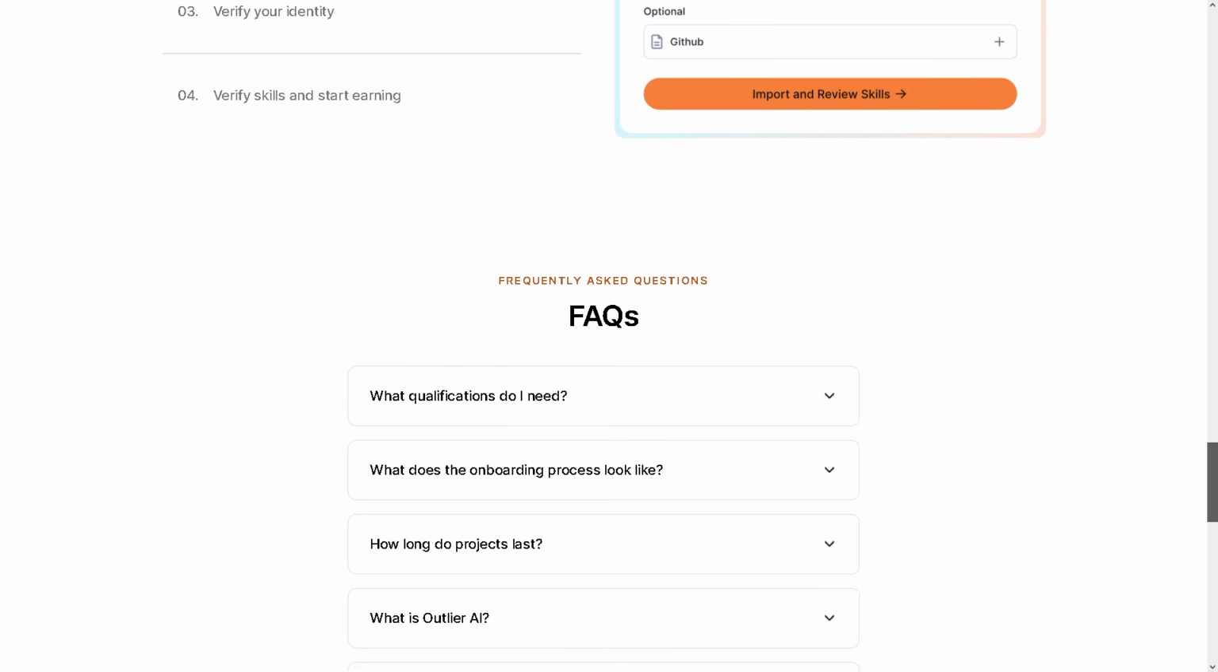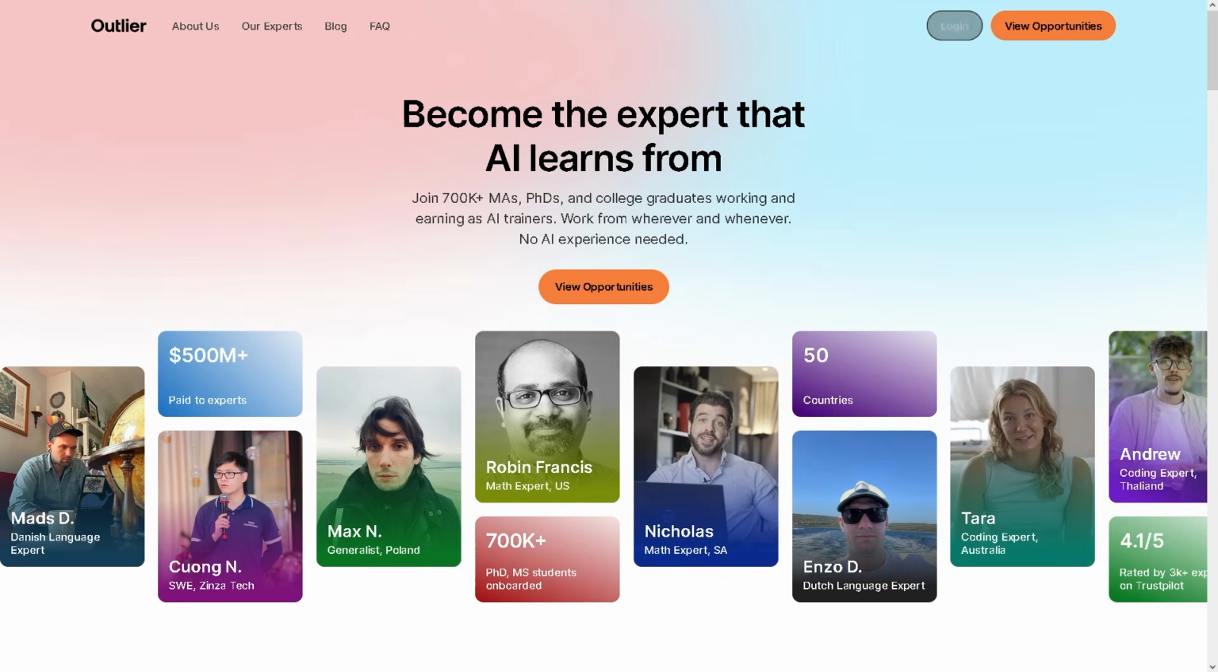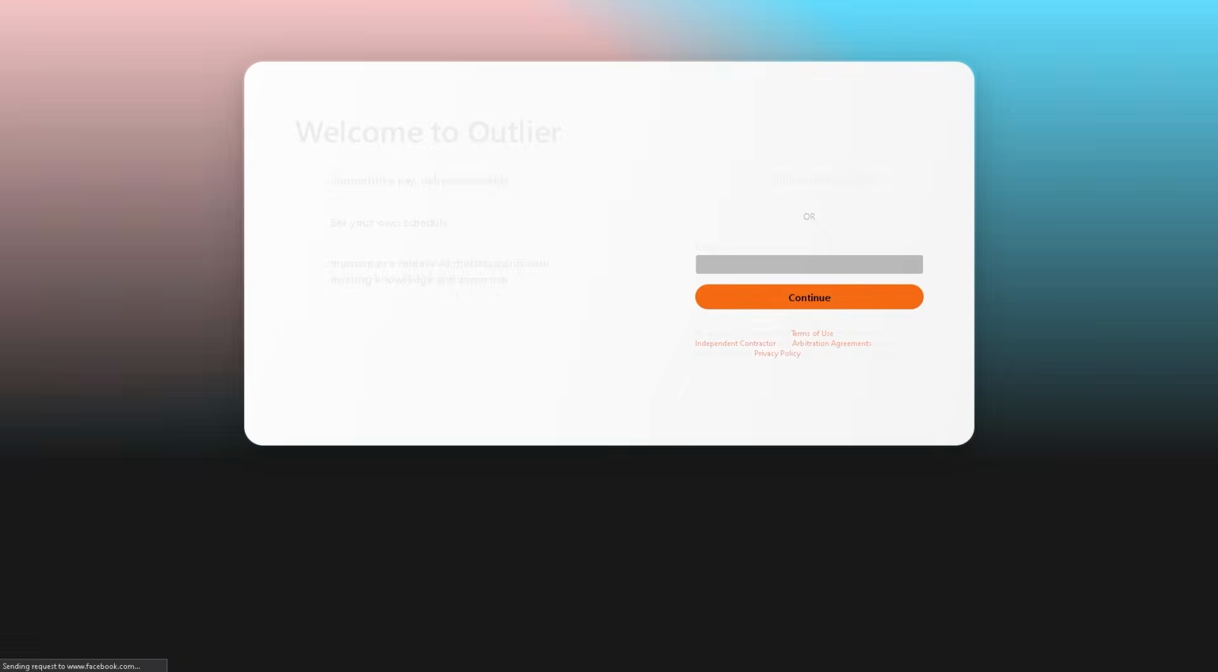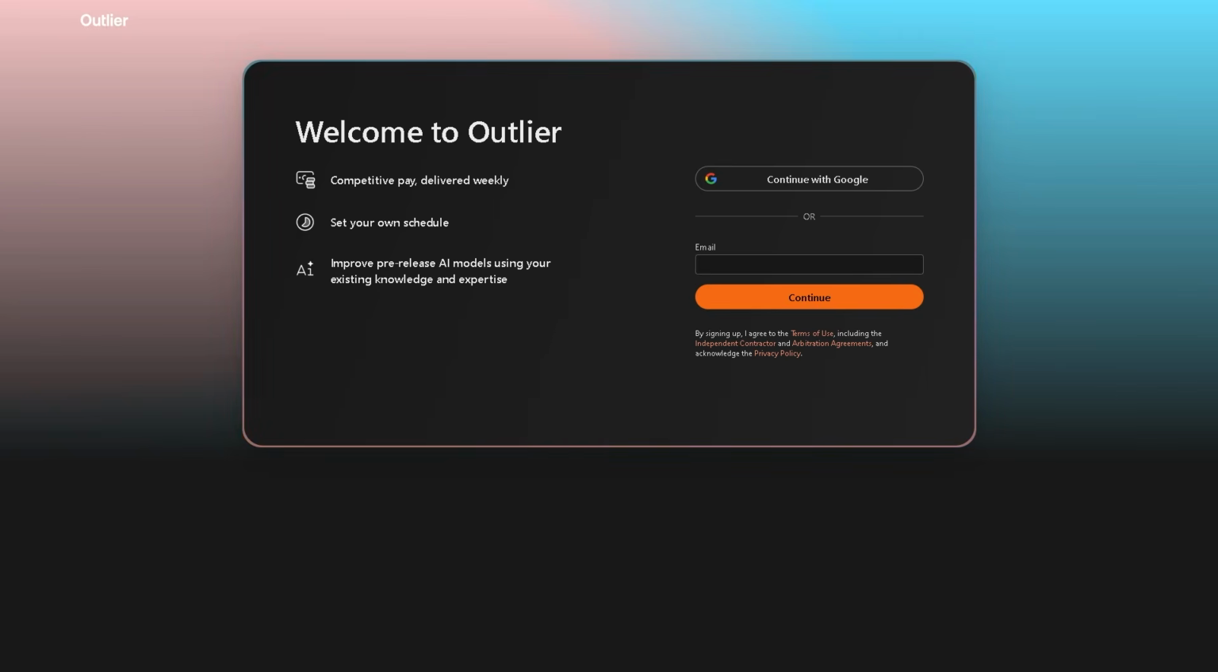Having said all of that, on the top corner, there is the login button. I want you to click on it and you will be forwarded here. You can simply use your personal or business email, and to make the account creation faster with Outlier, you can